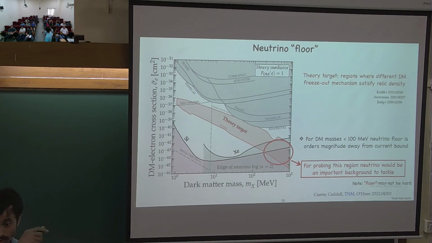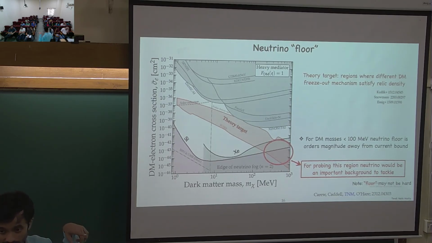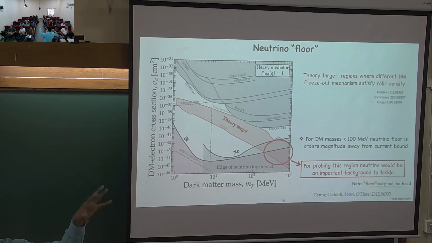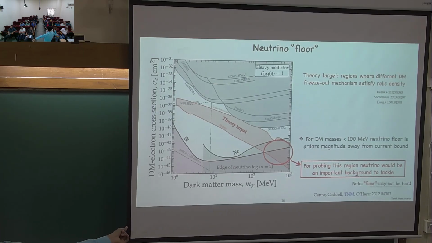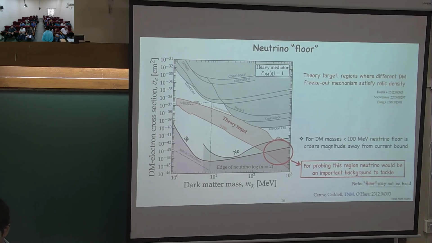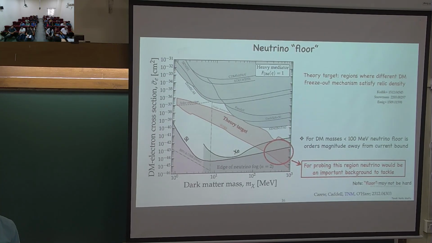That was current while we were doing this plot. I think this has improved a lot after the atomic energy. But this would be better for the light mediator case, because for a light mediator you have 1 over q squared and your momentum transfer is small, so a large portion of the rate is at the lowest energy, and you can observe that in the lowest threshold experiments, which are DAMIC and SENSEI. I don't know whether people have calculated that.